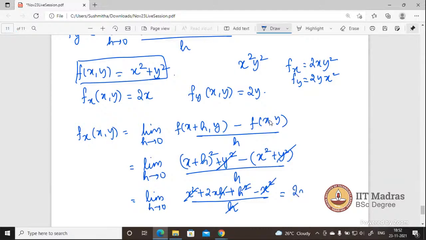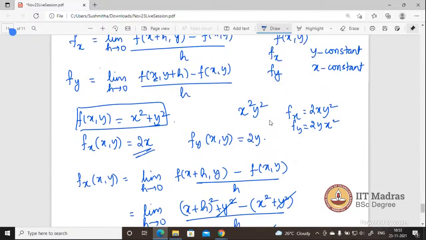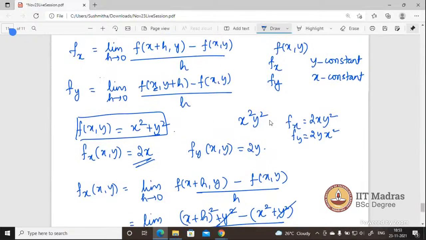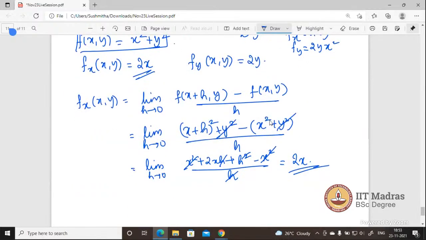2x. So this is what we had got earlier also, by treating y as a constant and differentiating the function just with respect to x, right? So you can go by the limit or just do the way that we saw earlier. That is, treat the other variables as a constant and do normal differentiation with respect to the variable that we want. You'll get the same answer. But this limit concept is useful when you have functions of